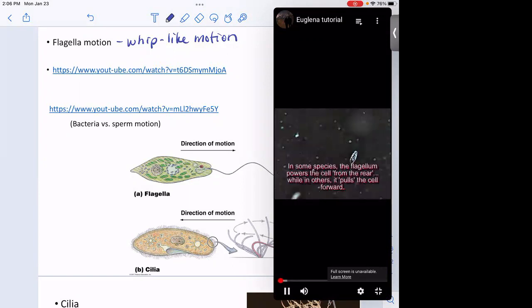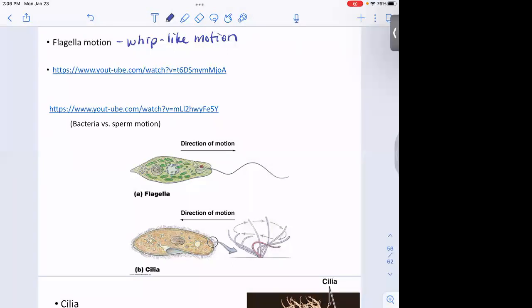Well, this is like a 10-minute video, and sometimes whatever you can look at it, but it's showing you Euglena moving around, and it's kind of fascinating because a lot of times the Euglena, the flagella will stick out, and it'll just be the very end that's kind of whipping around, and it's moving in this direction, which I don't really understand the mechanics of how that works, but it's kind of fun to watch them move around. This video contrasts bacteria with sperm, and it shows the sperm flagella moving.